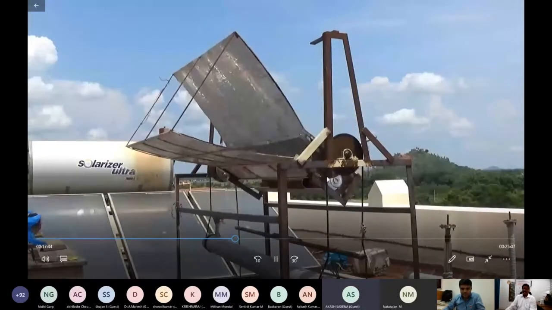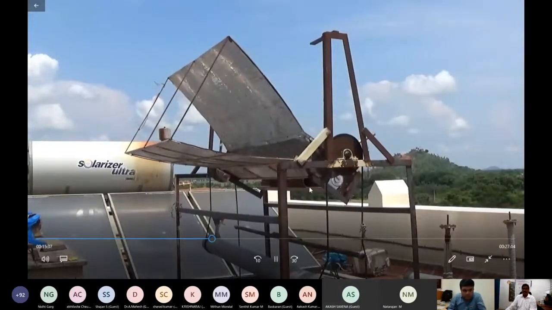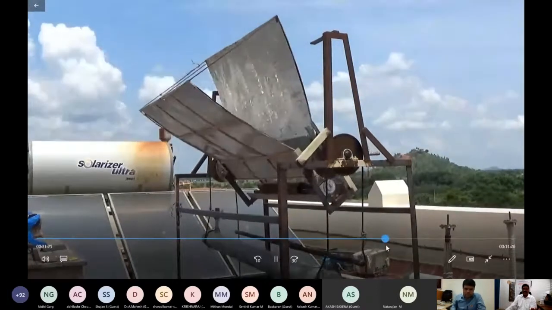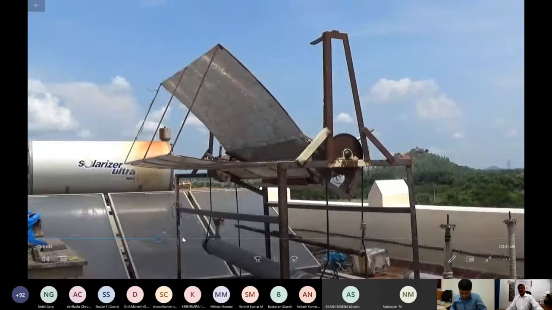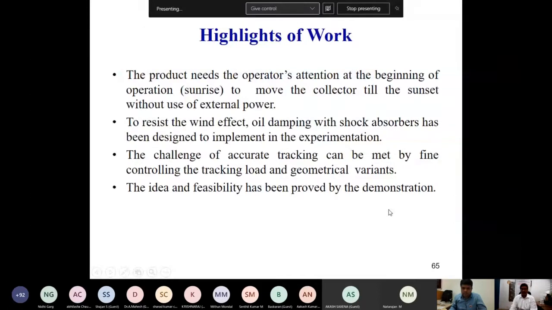In the mechanism, you can see the wheel, sprocket wheel, and those things. This is the magnetic measurement, how to measure the angle, the magnetic protractor, and the dead weight, a variable weight. This is the collector, a compound parabolic collector, with a bottom parabolic collector and small parabolic collectors on the left and right. With respect to this tracking, using this tracking drive we are able to drive the collector without using any electricity. That is what I want to show.